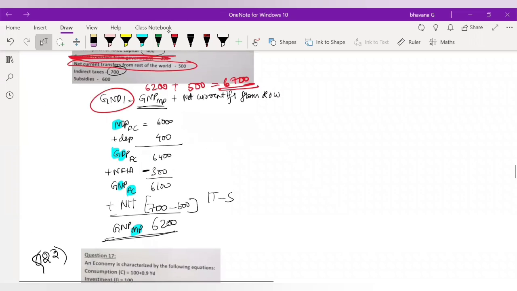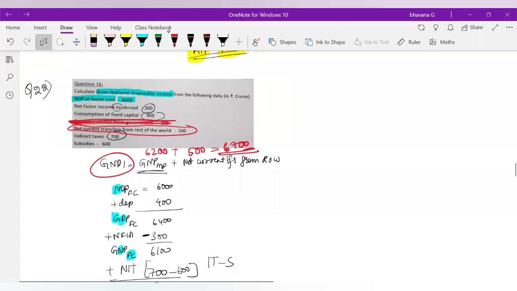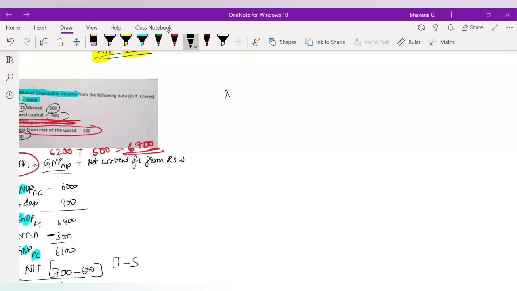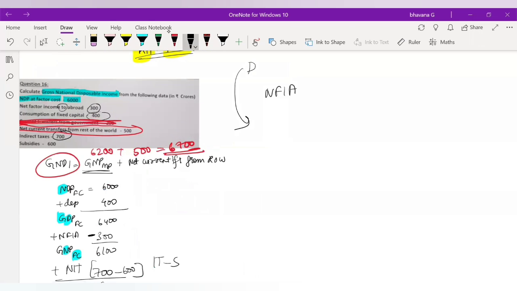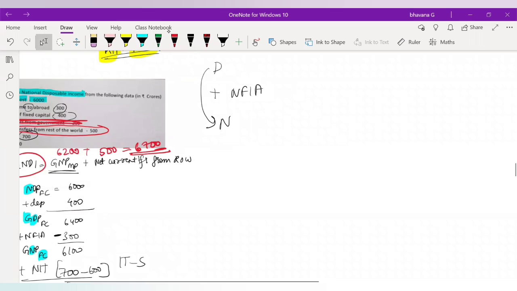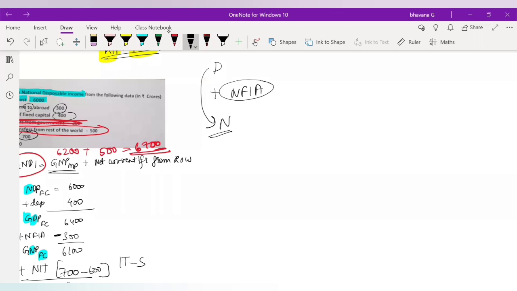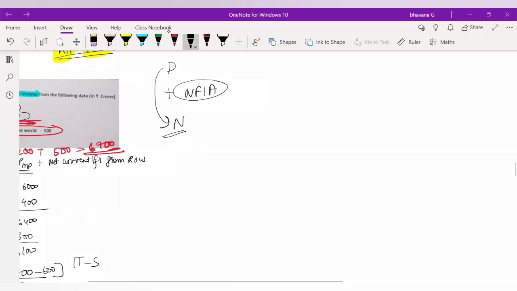To abroad and from abroad, can you please explain once again? Okay. So usually when you have to transfer domestic to national, you add net factor income from abroad. That means whatever our Indians have earned from abroad and are going to give back to our economy, we add it back to the domestic income, and you make it national income. Here what happens is that few people in India will also be foreigners, right? They will also be foreigners.